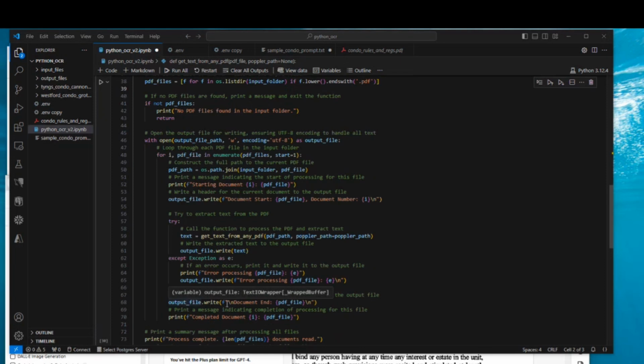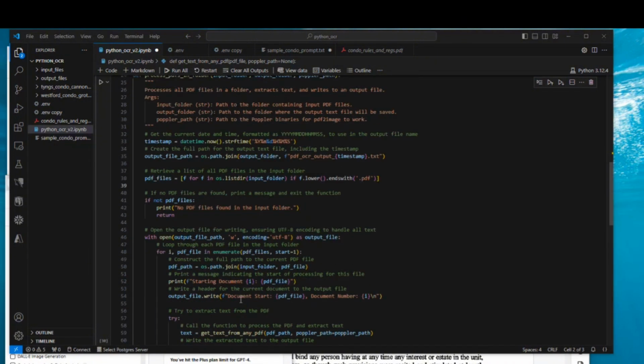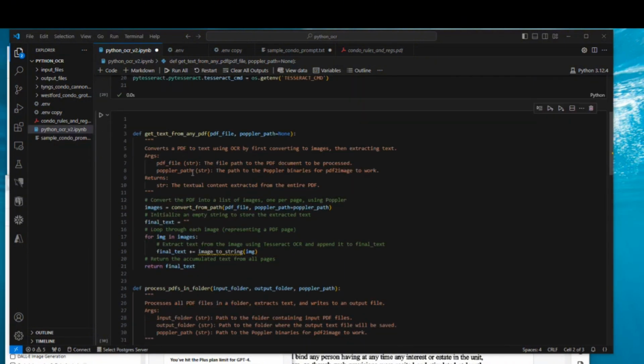And then when it's done with that, it's going to write that it's the document end, and then it's going to restart the process for the next file in the PDF file list, and just continue writing over and over and over into the document. So then we flip back up here, the get text from any PDF